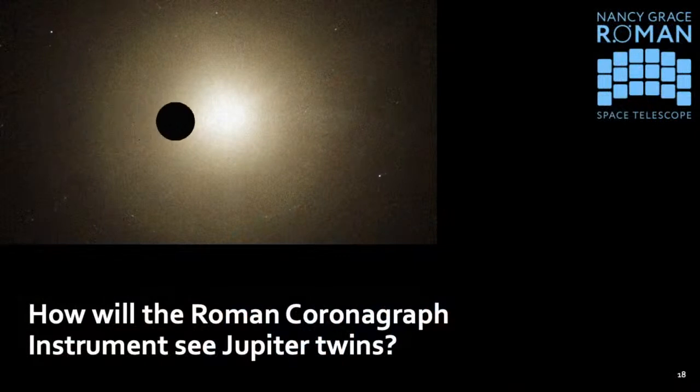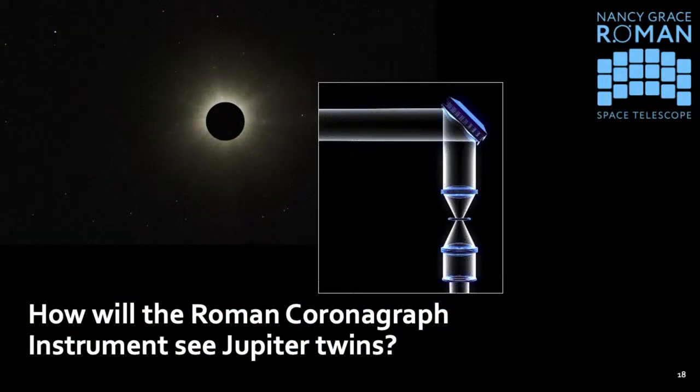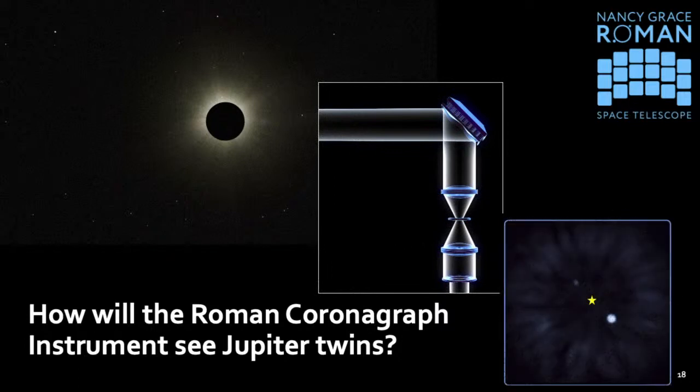If you want to see an airplane flying next to the sun, your first instinct is probably to hold up your hand and block that light before it even reaches your eye. And that's exactly part of what we do in the Coronagraph instrument on slide 18. So the first thing we do is bring in this opaque dot that blocks most of the starlight before it reaches the camera. That is the coronagraph that the Coronagraph instrument is named for. And historically, it has that name because the first application of coronagraphs was actually to block the sun's light to study the corona of our own sun, but we can use it to block other starlight as well when we adapt the